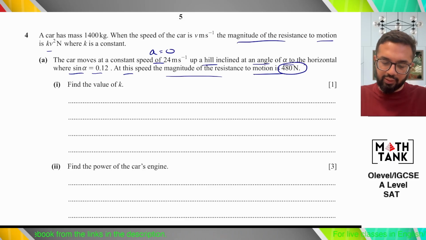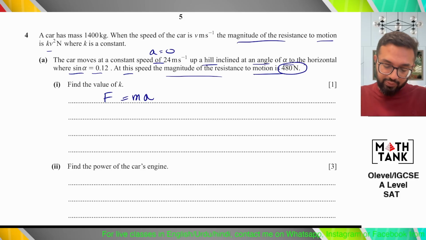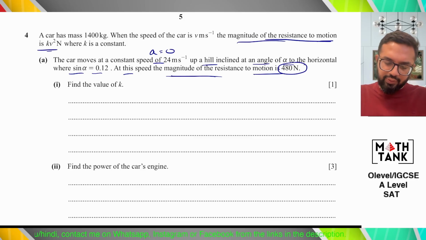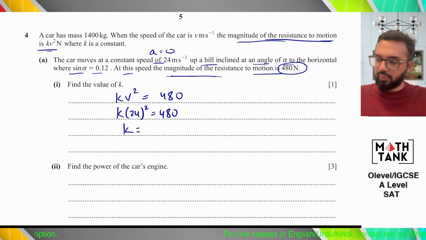Okay, so the acceleration is 0, so F equals to ma. The driving force, the magnitude of the resistance to the motion is kv square. I think that's simple then. The magnitude of the resistance is kv square. Kv square should equal 480. K and 24 square should equal 480. K equals to